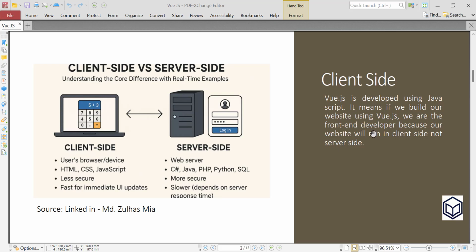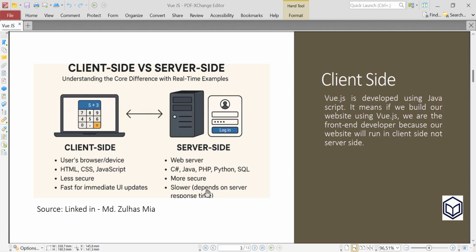Vue.js is deployed using JavaScript. It means if we build our website using Vue.js, we are front end developers, because our website will run on the client side, not the server side. If we use PHP, Python, JS, or C Sharp, they will run on the server side, and we call it backend development.